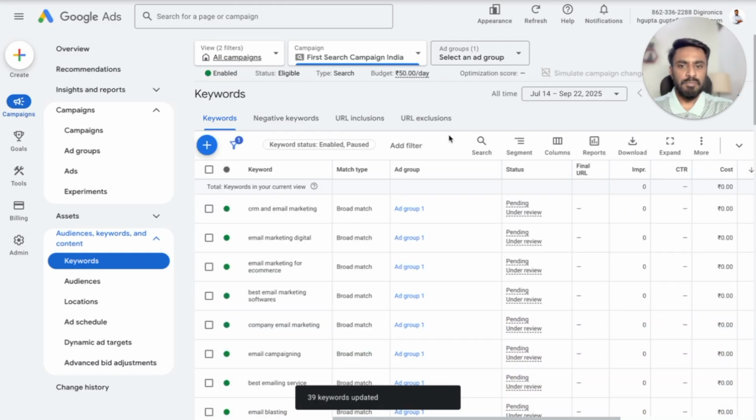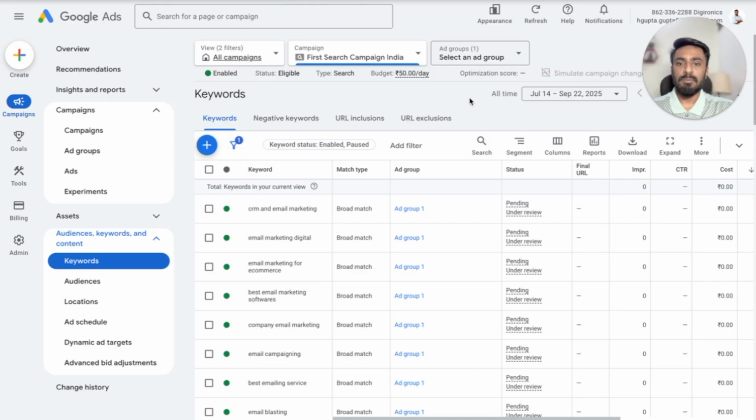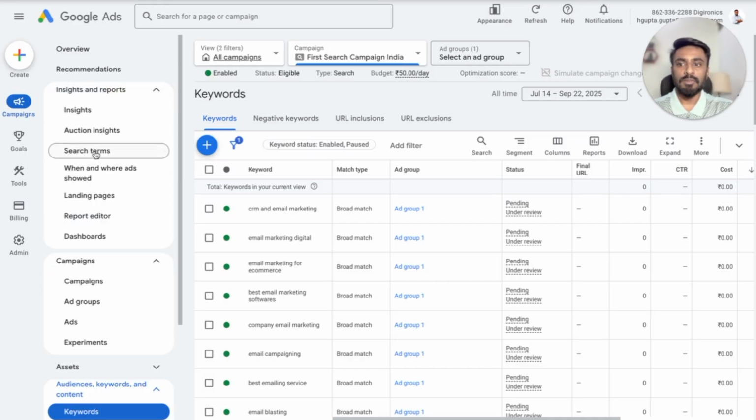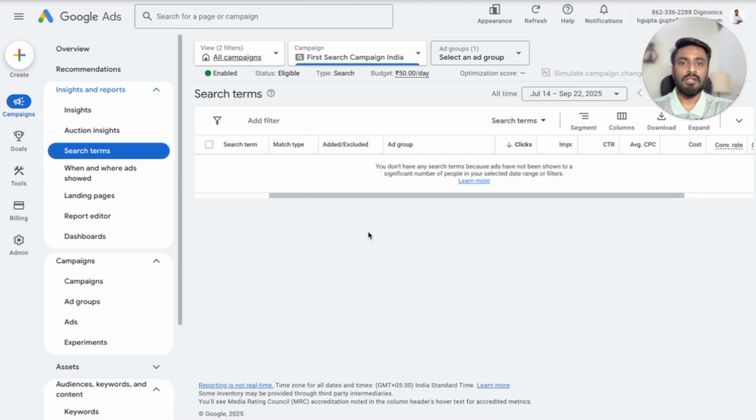Once all these keywords have been changed to broad match, you can start seeing some impressions, and clicks start being populated in your keywords. But keep in consideration that with broad match, and even with phrase match, a lot of junk search terms will start populating. So go to insights and reports, go to the search terms part, and keep checking all those search terms. If you find any junk search terms, select that search term and mark it as a negative keyword